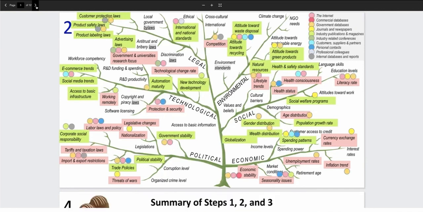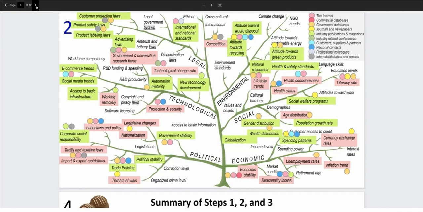So for this, we are going to have again color codes for different sources of information. On the top right side of this mind map, we do see several circles with different colors, and the types of information or the resources of information are internet, commercial databases, government databases, journals and newspapers, industry publications, industry-related